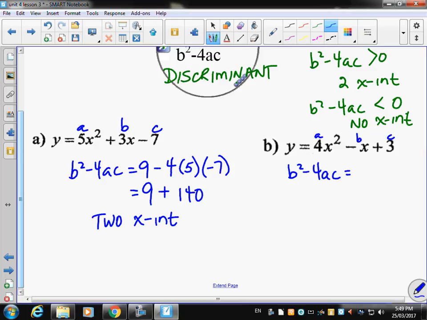So b squared is negative 1 squared, which is positive 1. 4 times a, which is 4 as well, times c, which is 3. So I have 1, and there's only one negative, so subtract. 4 times 4 is 16, times 3 is 48. That is definitely negative. I definitely have no x-intercepts. It's negative 47. Okay,